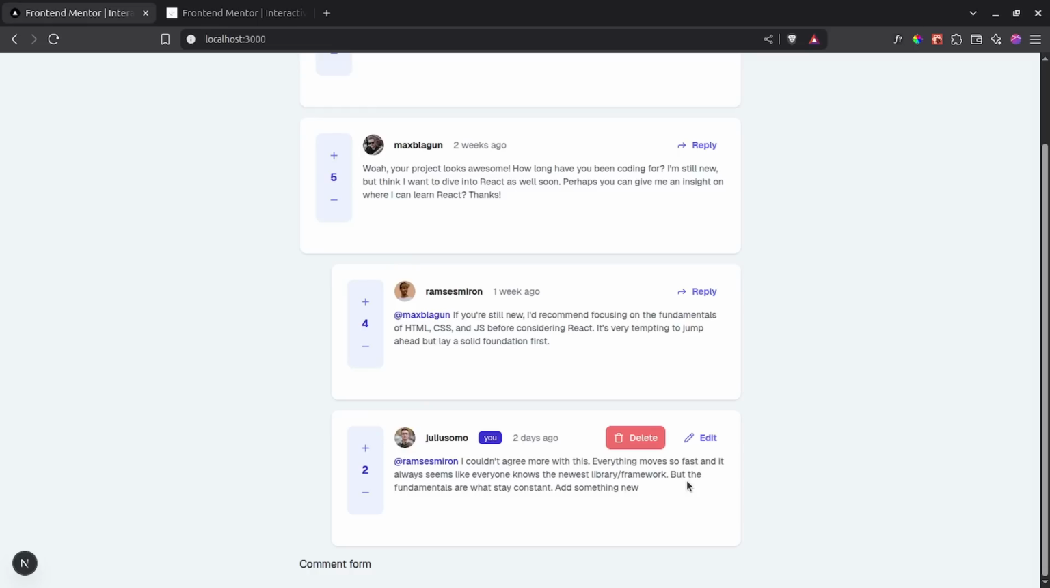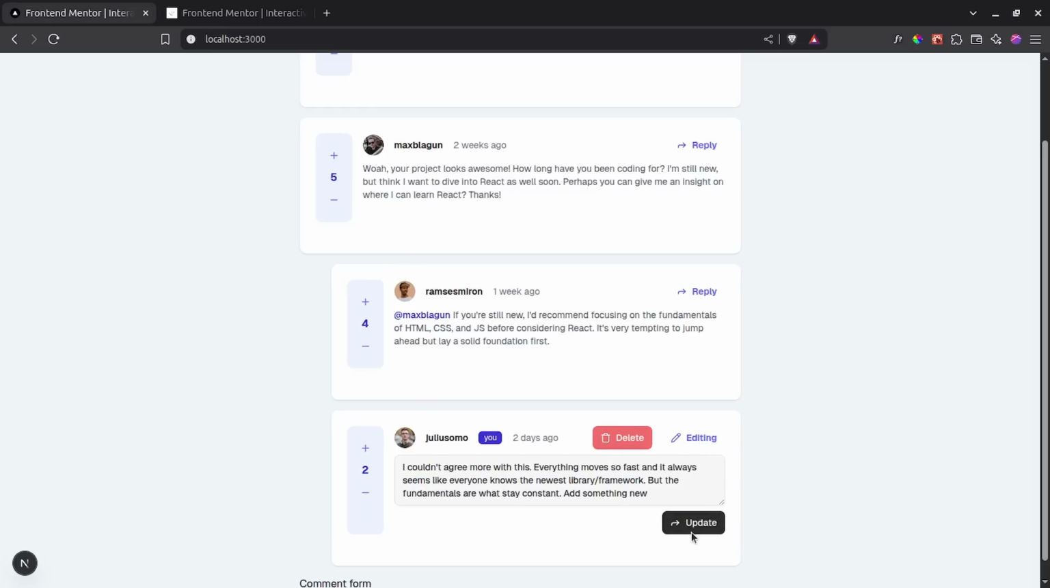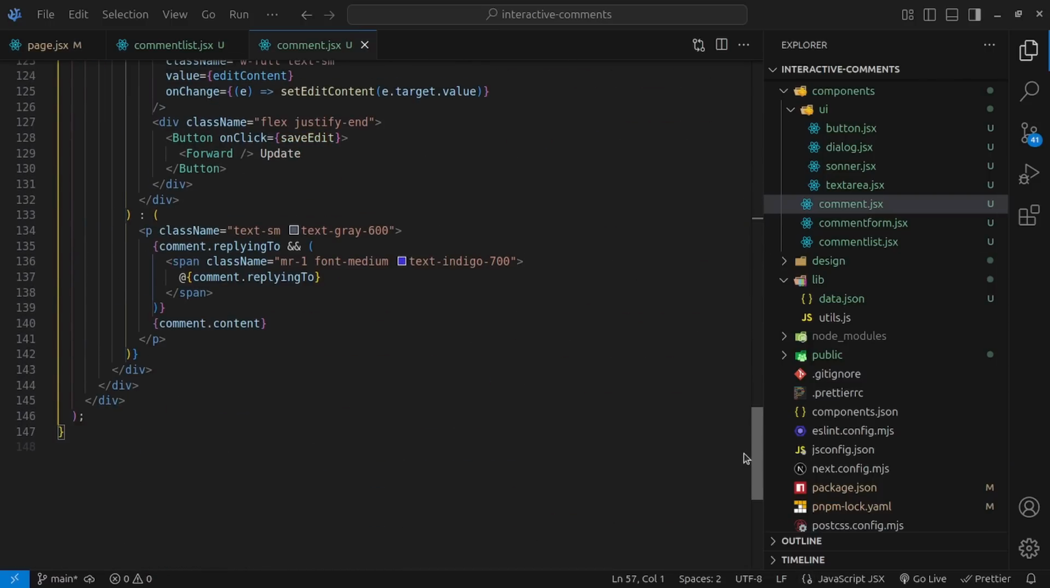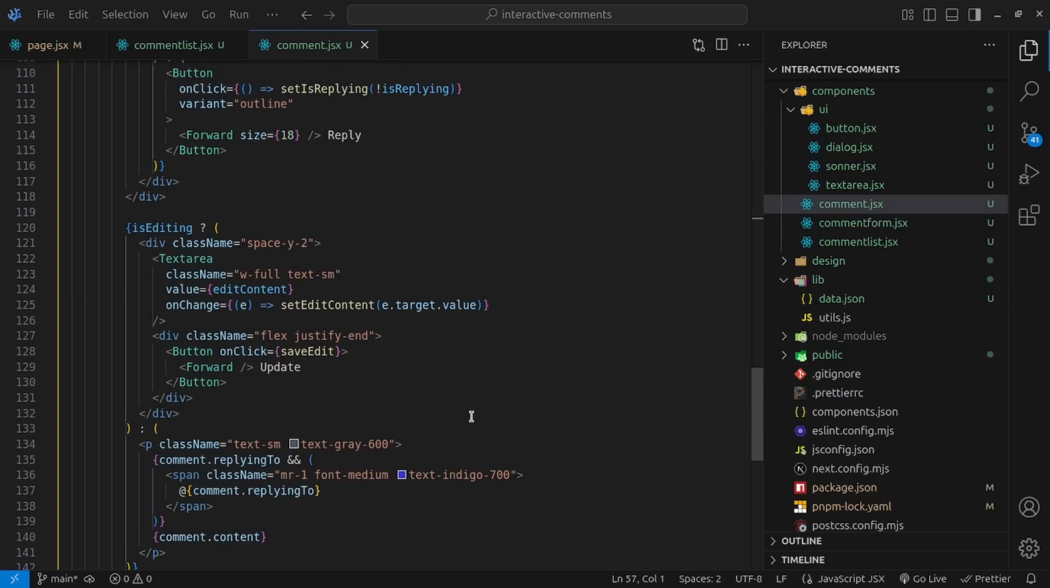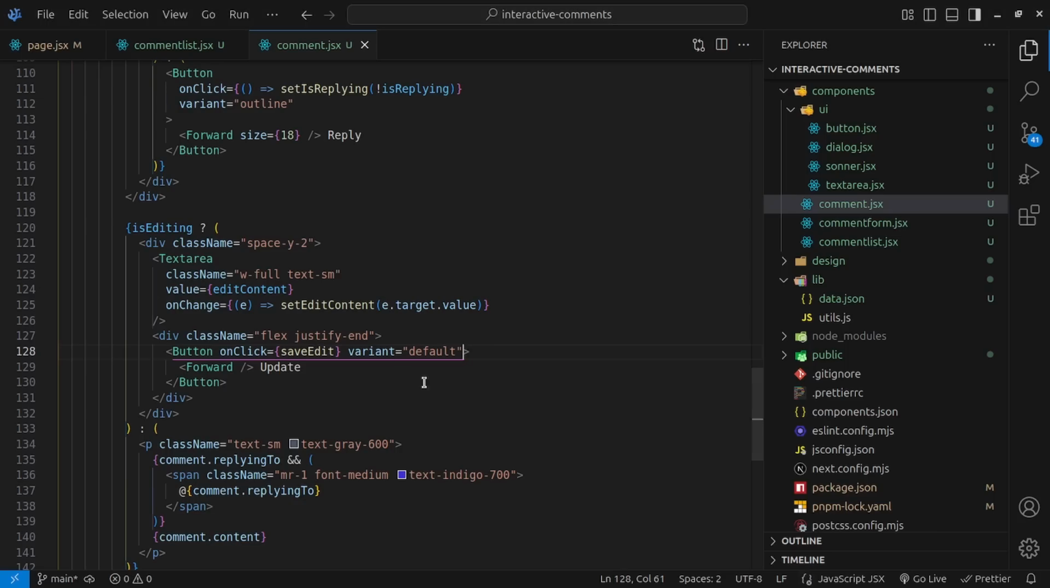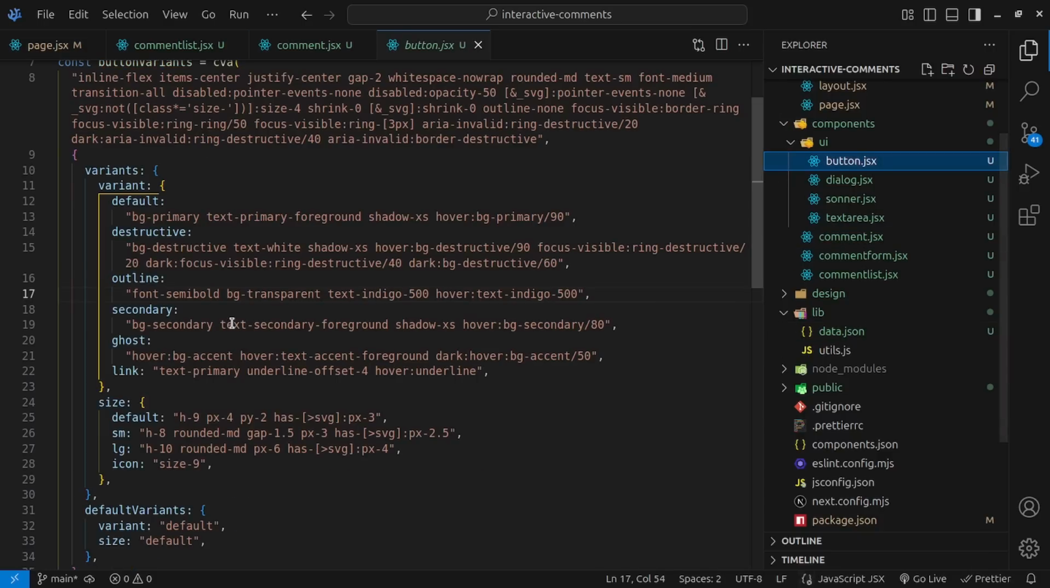Now I just noticed something, that the button here has the wrong styles applied to it, so I think I didn't give it a variant right here. So the variant for this, I don't know, should I give it a default variant? I mean, that's already the default variant, but now what I want to do is inside the button.jsx, I want to change this default variant. I want to give it bg indigo